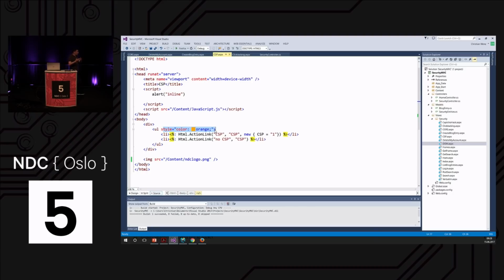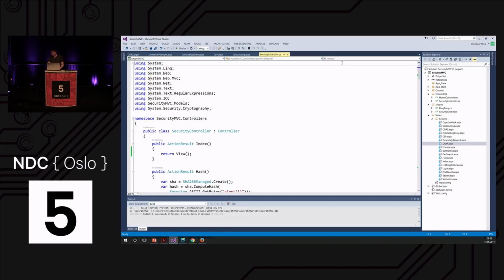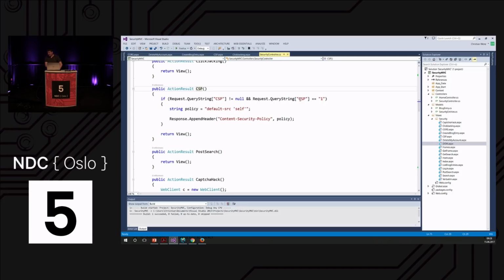One link is just loading the page, and the other link is appending CSP equals 1 to the URL of that page. Now, in the controller, so it's an MVC application, what we do on that page is we check if CSP equals 1 is in the query string. And if so, we set the Content Security Policy header to a specific policy value.